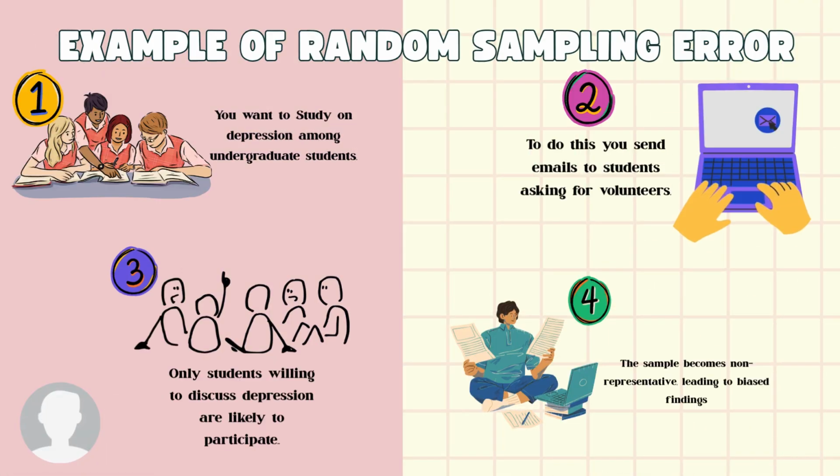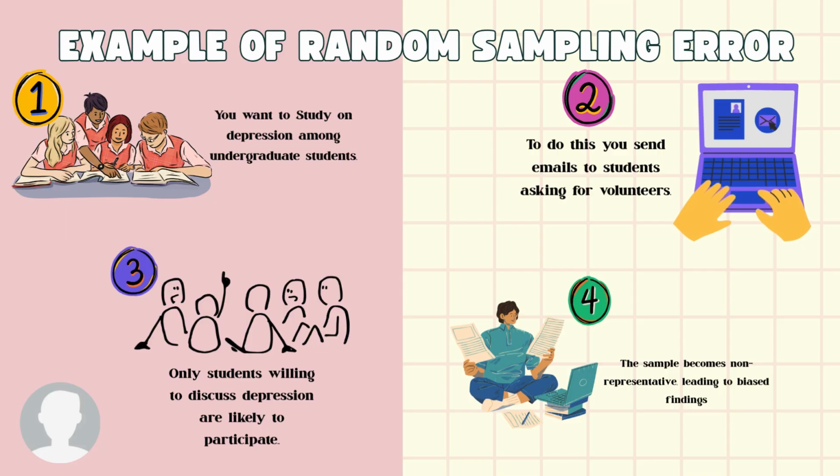Now, we will look at an example of random sampling error. A researcher wants to study depression among undergraduate students and decides to send out emails asking for volunteers to participate in the study. Students are required to respond if they are interested. Only students who feel comfortable discussing depression or those who have a strong interest in the topic respond to the email. In this scenario, the sample is not representative because only students who are willing to talk about depression respond